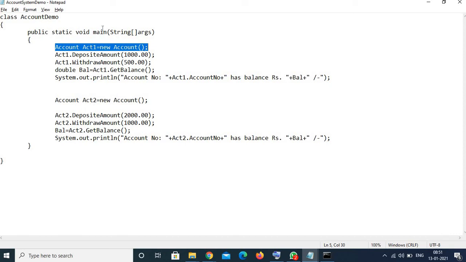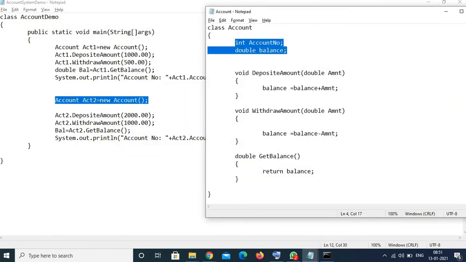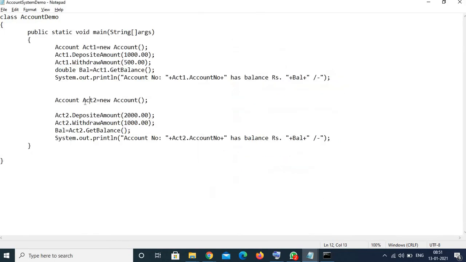ACT2 cannot interfere with or use those copies. When you create a second object, it will get its own copies of these instance variables. So again account number and balance, two variables would be created at two different locations, and their locations would be stored in this ACT2 object variable.